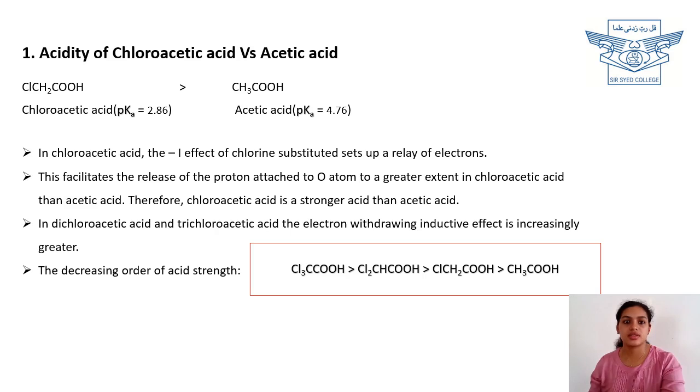Here, from this CH3 one hydrogen is removed and it is replaced with a chlorine atom. From pKa values we can understand that chloroacetic acid is more acidic than acetic acid. Let's see what could be the reason for that. If you write the acetic acid part, CH3 CO